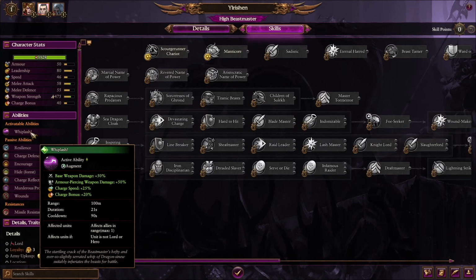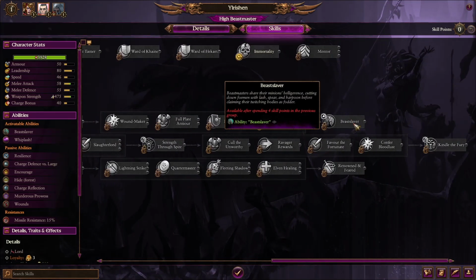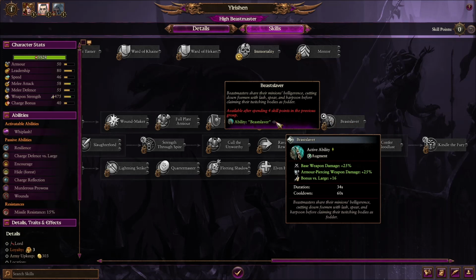In terms of abilities for the High Beastmaster, he has Whiplash, which gives an allied unit that is not a lord or a hero more weapon damage, both normal and armor piercing, charge speed, and charge bonus. In addition, he also has Beast Slaver, basically giving him a bonus of weapon damage